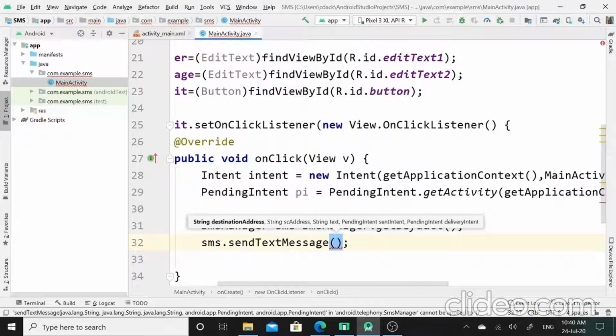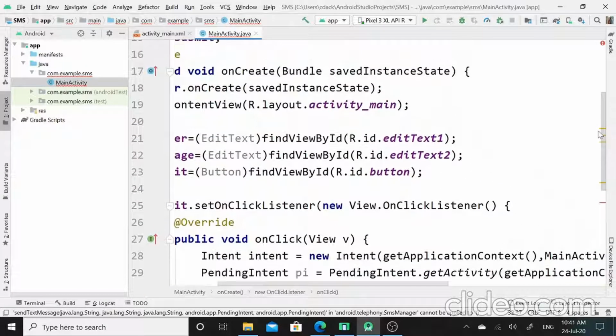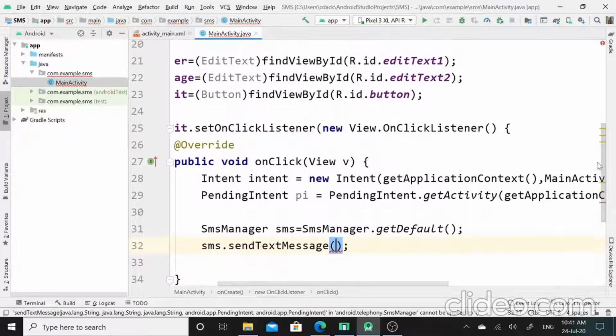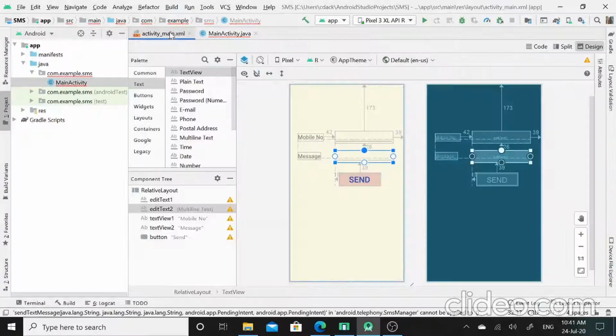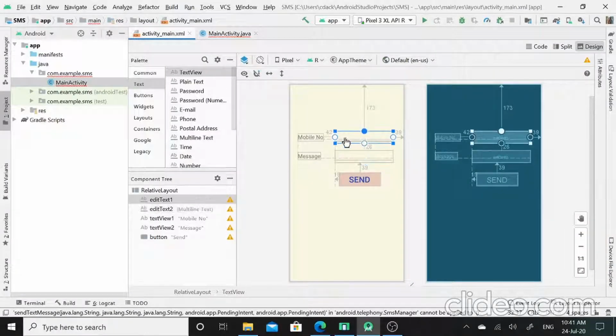In this sendTextMessage, again I will pass 4 number of arguments. First argument is mobile number. So from where I will get the mobile number? With the help of edit text 1 I will get the mobile number.